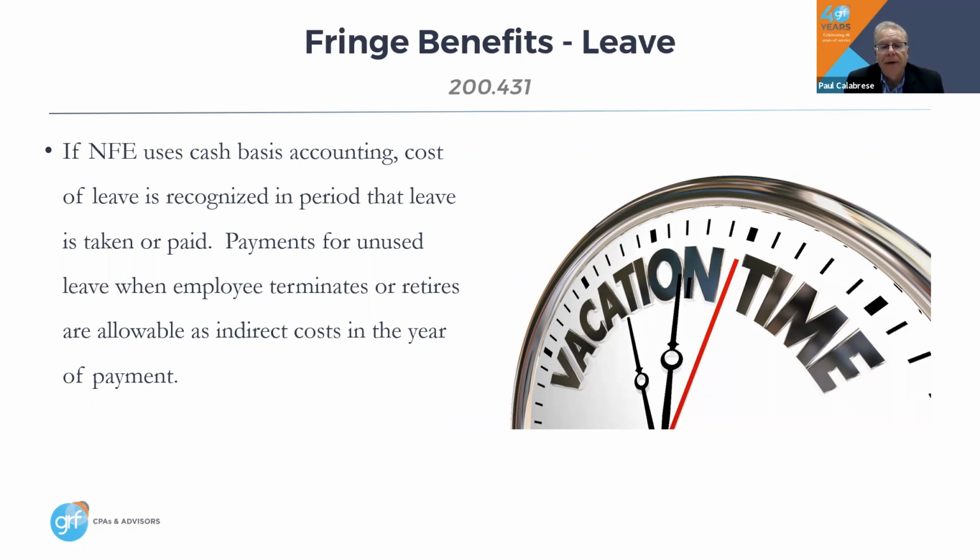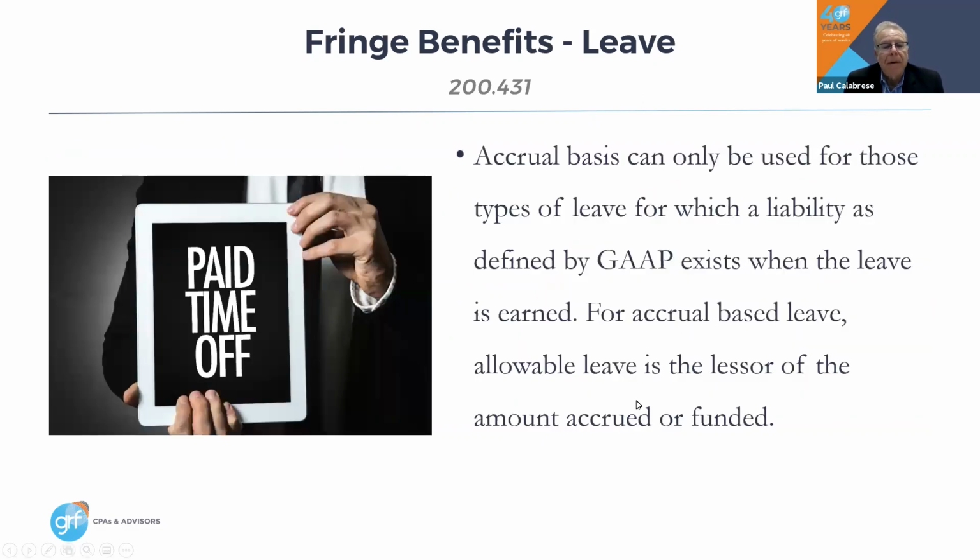Now, if we go to the next slide, on an accrual basis, we know that generally vacation for most entities, or paid PTO if it's all combined, you get a benefit if you leave. And so therefore it's on an accrual basis, and you're incurring it, it's accrued every month based on whatever leave benefit you're getting, divided by the number of payrolls and so forth. You're getting so much of a day or days for your pay period, and that happens regardless of where your balance is. So there are a little bit of differences on it.